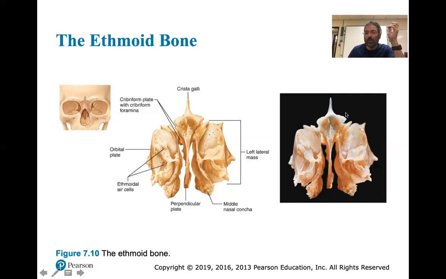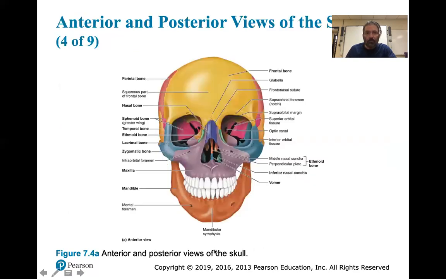All right, and here's your crista galli. Remember the dura mater attaches here. If you've ever seen some of these violent movies I don't like to watch, but if you break someone's nose and shove this portion up right into the brain, or if you hit it just right, you're shoving this right up into the brain. It can cause instantaneous death. All right, and there's another